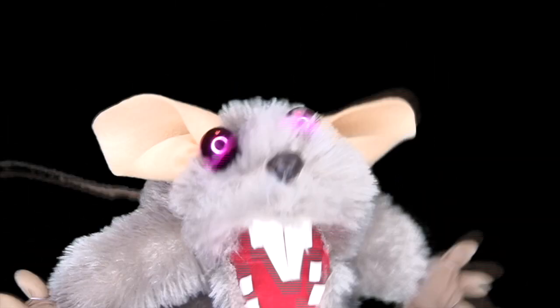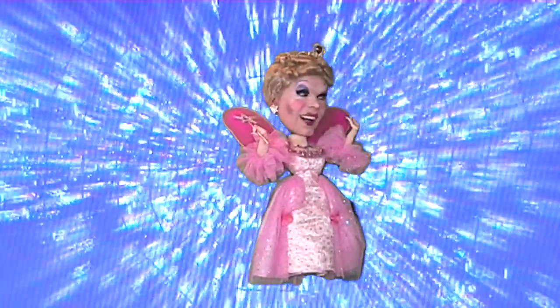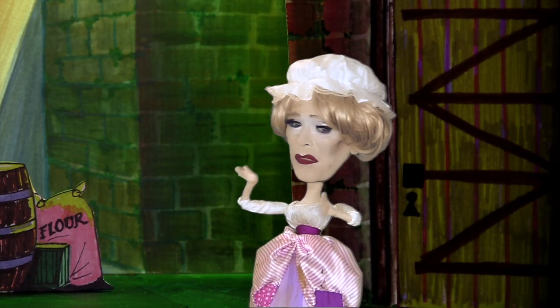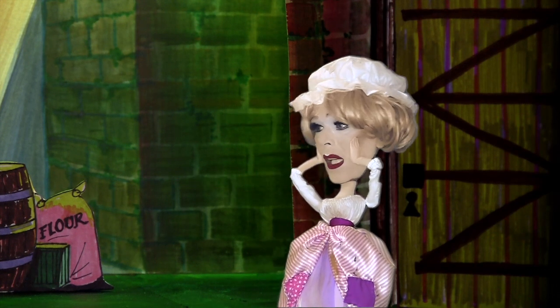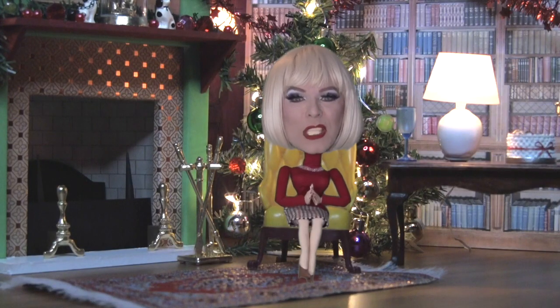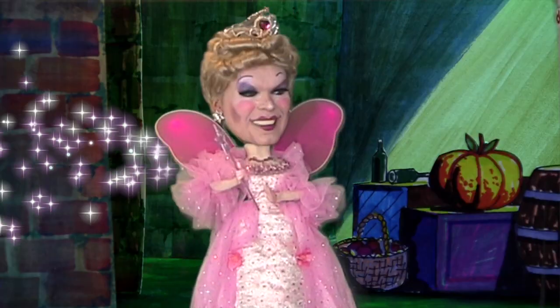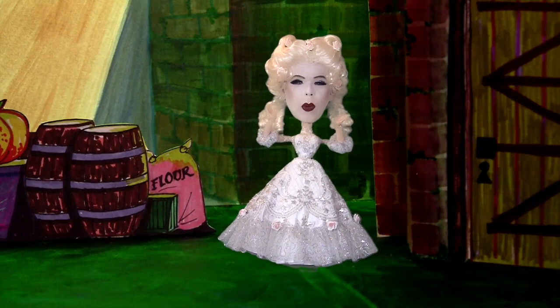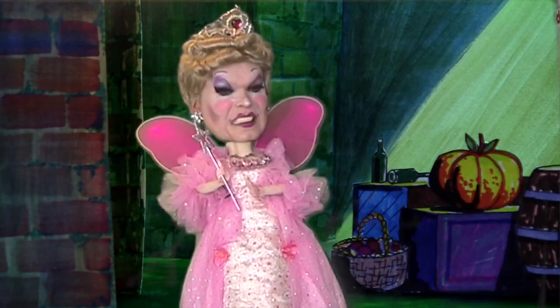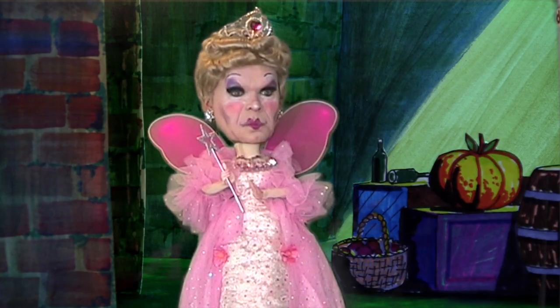She called out for help in desperation. Luckily, her fairy godmother was passing and heard her. She appeared in a flash of sparkles. Cinderella explained how she wanted to go to the palace, but her cruel stepsisters had locked her up. The fairy godmother saw what needed to be done. She waved her magic wand. She turned Cinderella's rags into a beautiful party dress, gave her shoes made of sparkling glass, and turned a pumpkin